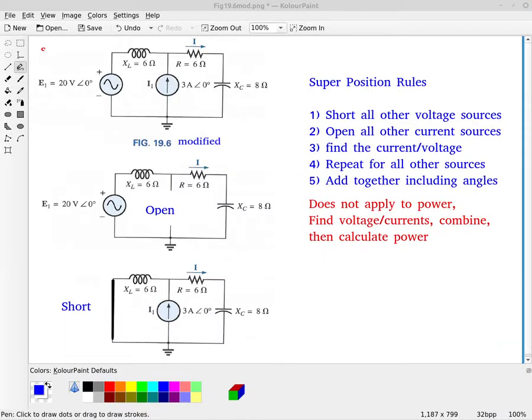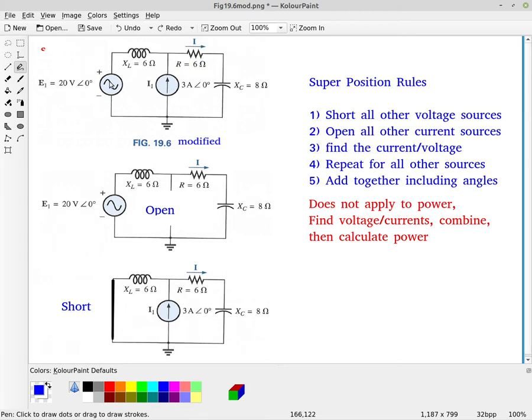So this video addresses the superposition theorem. The superposition theorem applies when you have multiple sources. So you see I have in this case a voltage source and a current source. So when you have multiple sources and you want to find a voltage or a current through a particular element, what superposition says is that what